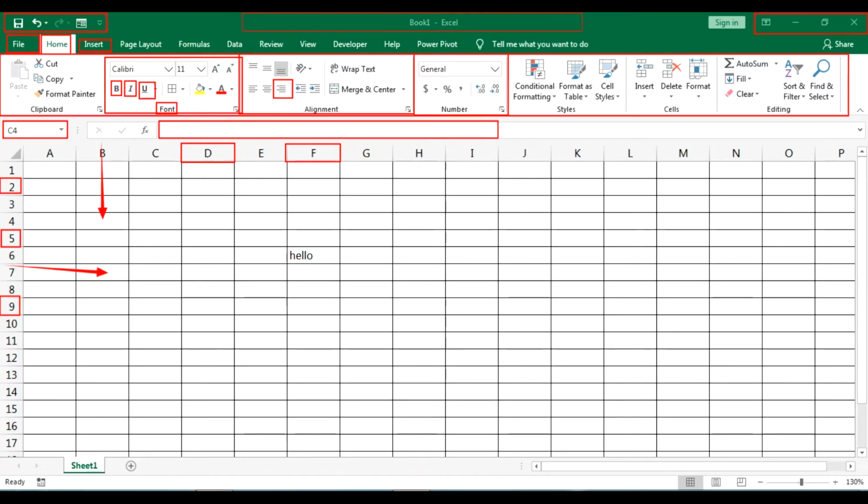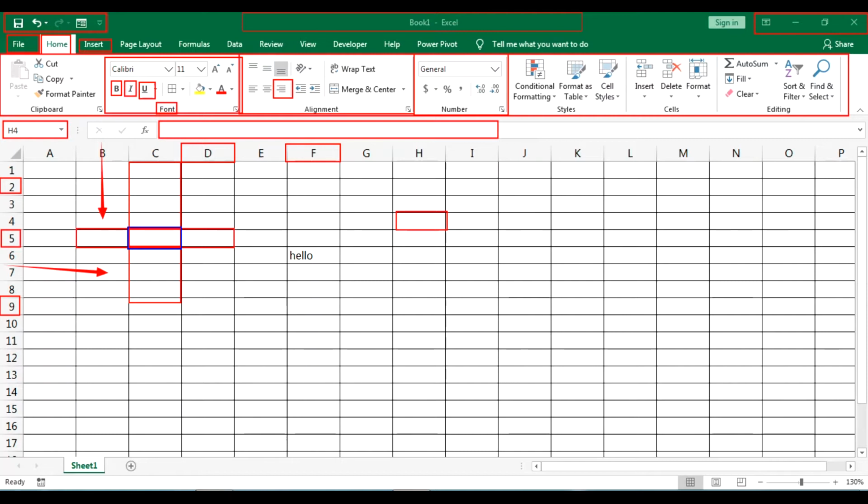After that, the cell which appears highlighted compared to other cells is called the active cell. First of all, H4 is your active cell. You can see this cell appears more highlighted than the other cells. The intersection of this column and this row is called a cell. This is your cell area.